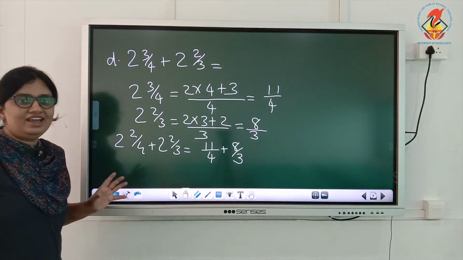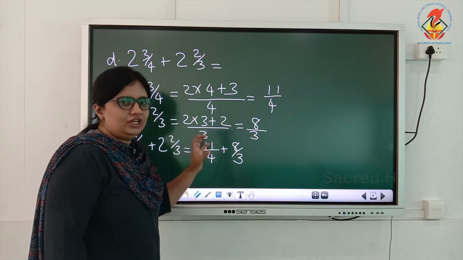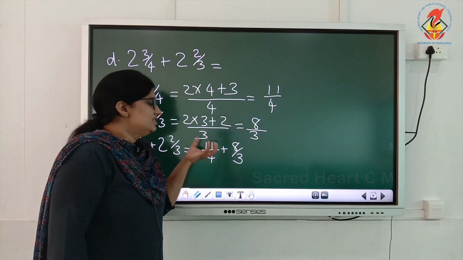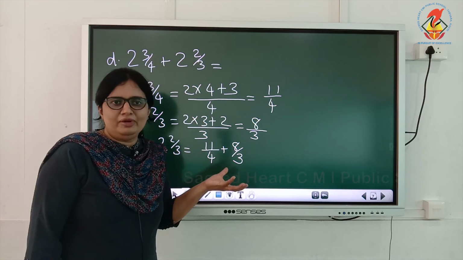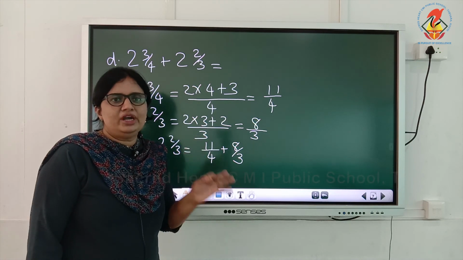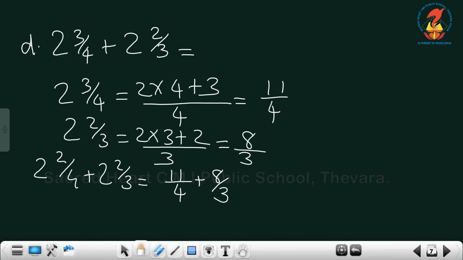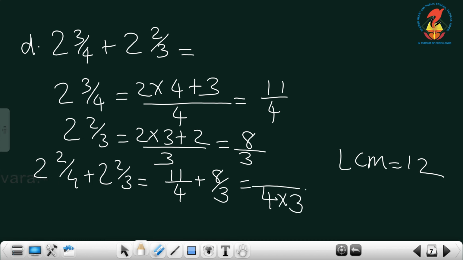Here also, unlike fractions, so what do we want to do? We need to take the LCM of these two numbers. See, 4 and 3. Did you see any common factor there? No. So LCM is what? 4 3s are 12. So LCM equals 12. So we need to change both denominators into their LCM. Here LCM equals 12. So 4 into which number equals 12? 4 into 3 and 11 into 3, plus 3 into 4, and the numerator is 8 into 4.